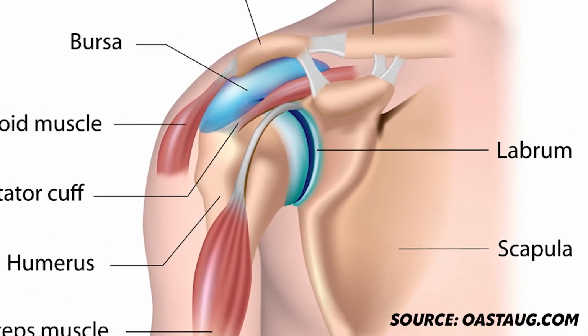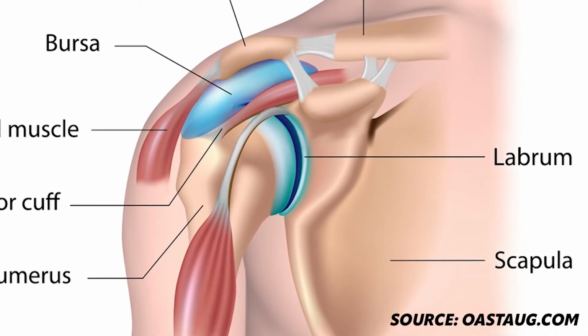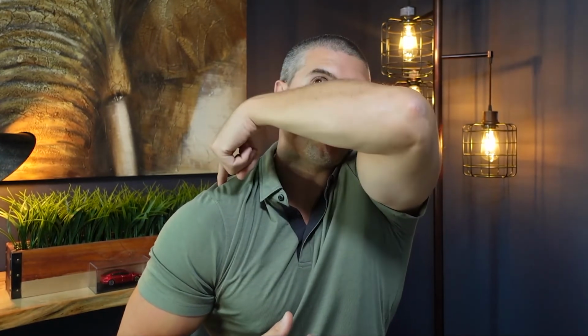And the labrum is wrapped right around the joint capsule at the superior glenoid tubercle. And so it's like way in there. Hard to get with massage, hard to get with ultrasound, but needles can get quite a bit deeper. So there's an approach you can go from up here to actually get in and on top of that labrum,